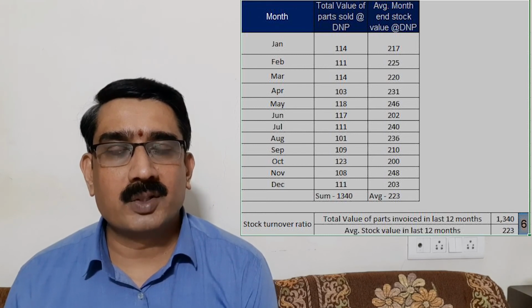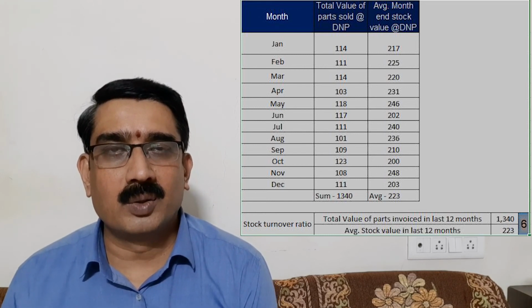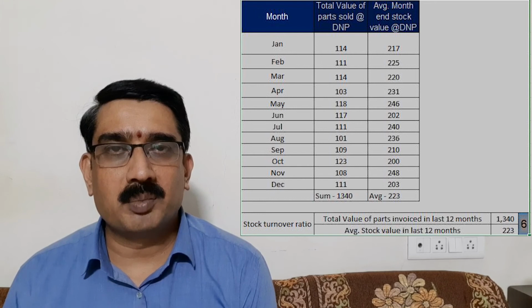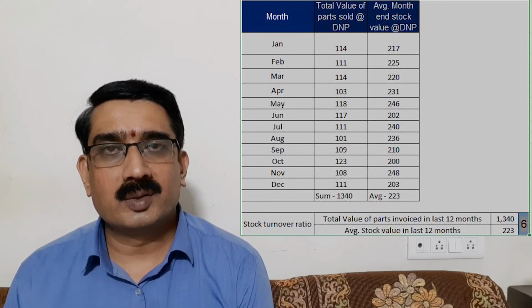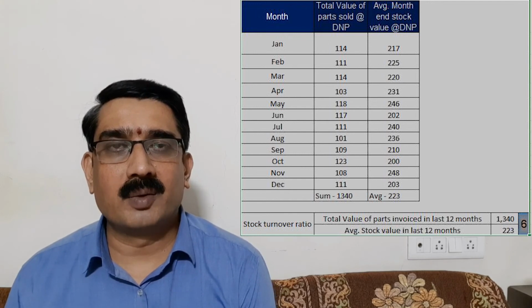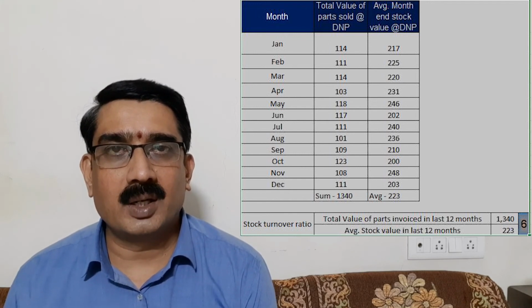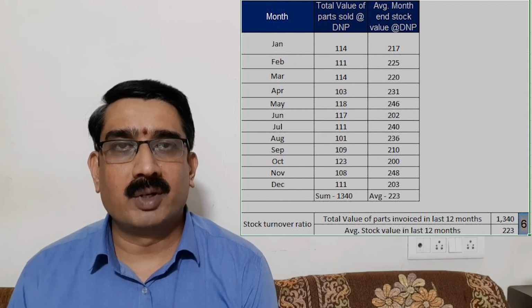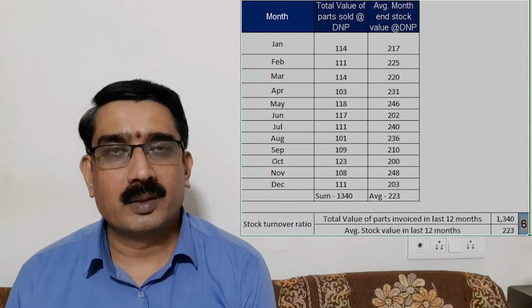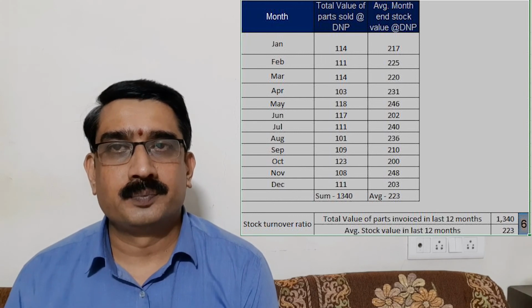If the inventory turnover ratio reduces further, that means we are holding more inventory than required. It is blocking our resources. There we need to work out and identify which parts are staying in our inventory without moving. Otherwise, are we placing additional orders to meet the target and keeping them in our inventory without any movement? That could be the reason.